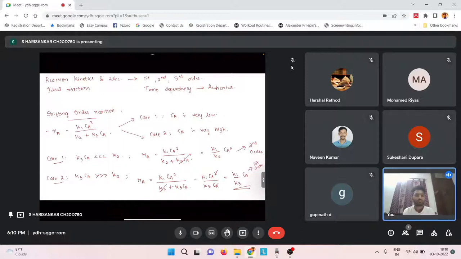Now you get the gist of this shifting order. Depending on the concentration or a variety of conditions, the reaction order can change. So in this case, depending on the concentration of the reactant, the reaction can either be second order or first order. Such kinds of reactions are called shifting order reactions, right? Okay, so that is about shifting order reactions. Now let us move on to